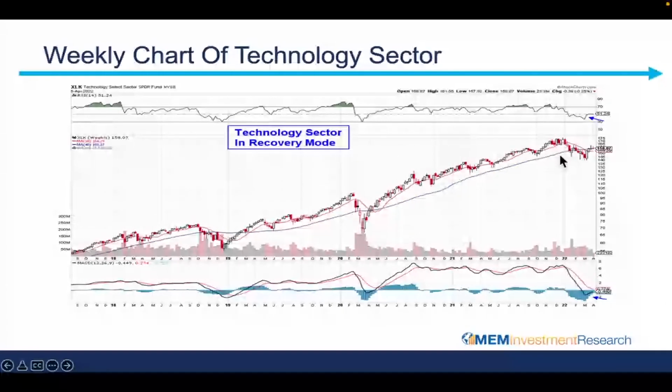So with this weekly chart, I have what's called a 10-week or a 50-day simple moving average. And then this blue line is a 40-week or 200-day simple moving average. And they're both very powerful in the way of letting you know, is that sector finding support at these moving averages or deteriorating further? And we did see the tech sector break this key longer term 200-day simple moving average,